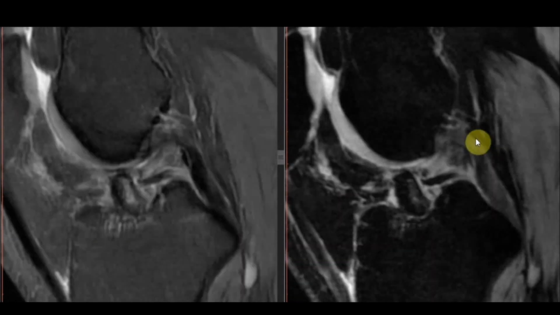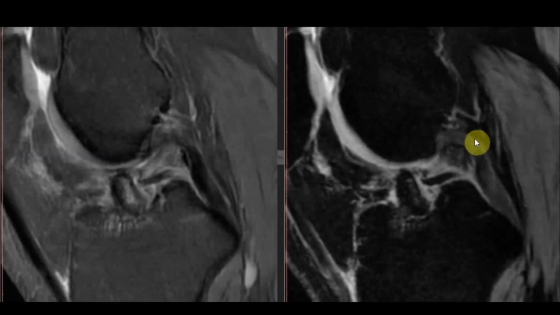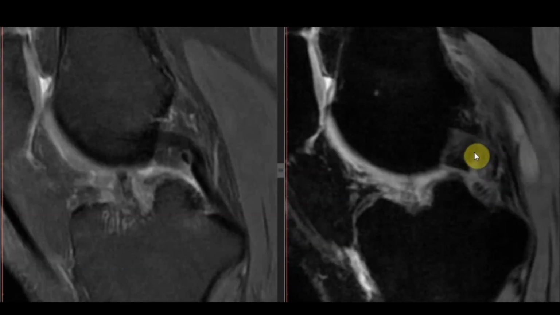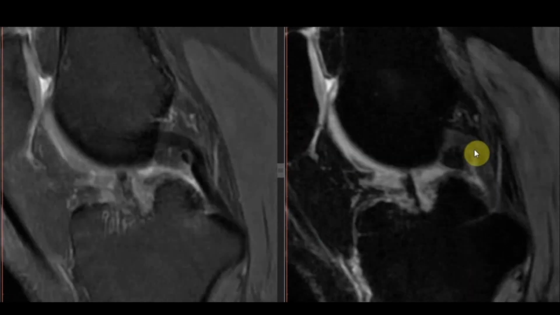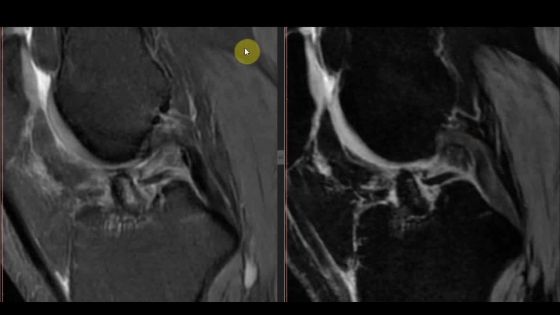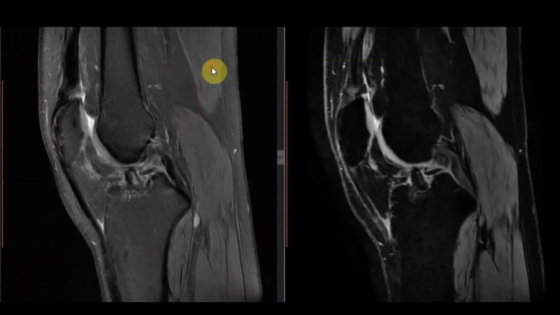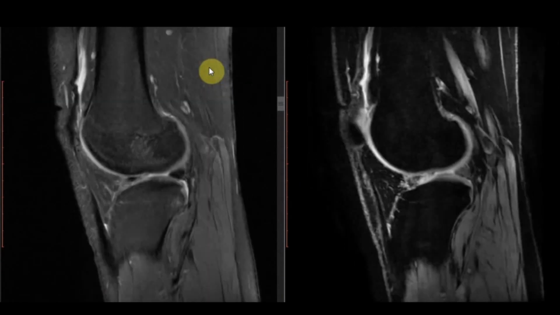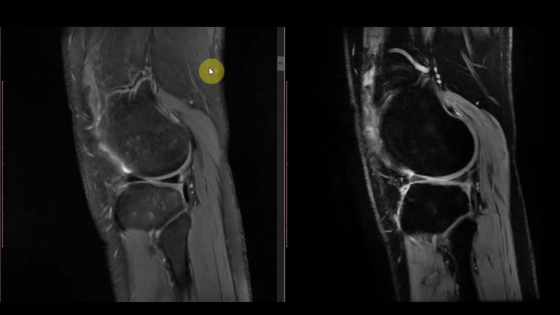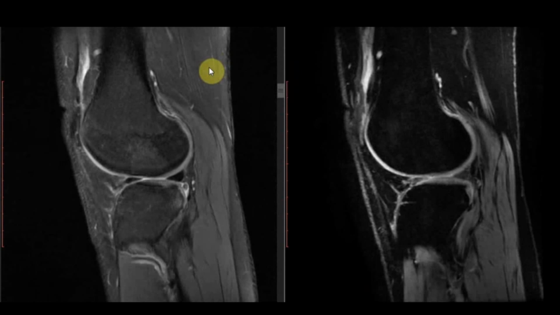So these type of avulsion fractures are generally seen in young patients. So he is a 22-year-old male. So you can see here how the bone has avulsed out from its side. Talking about posterior cruciate ligament, it is relatively intact. There is no obvious anterior translation of tibia, but we can see marrow edema in the posterolateral and lateral tibial plateau and lateral femoral condyle.